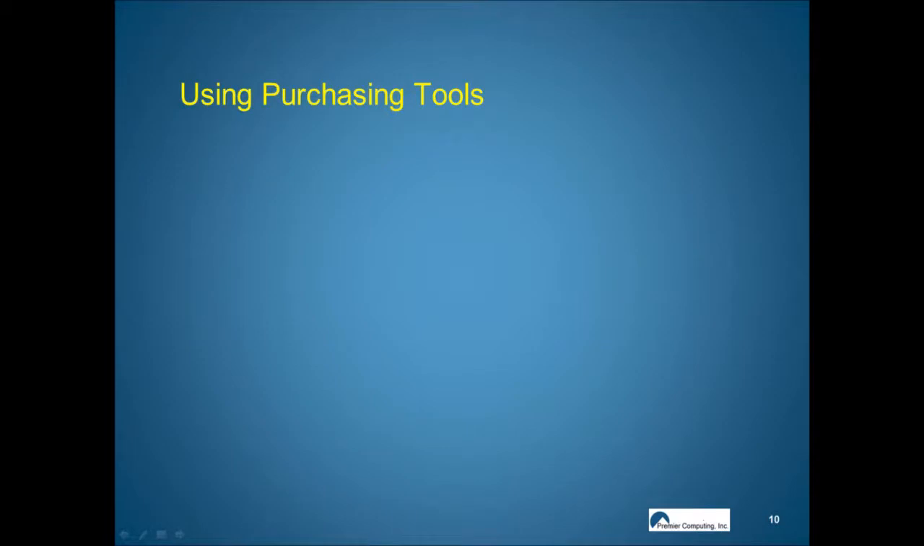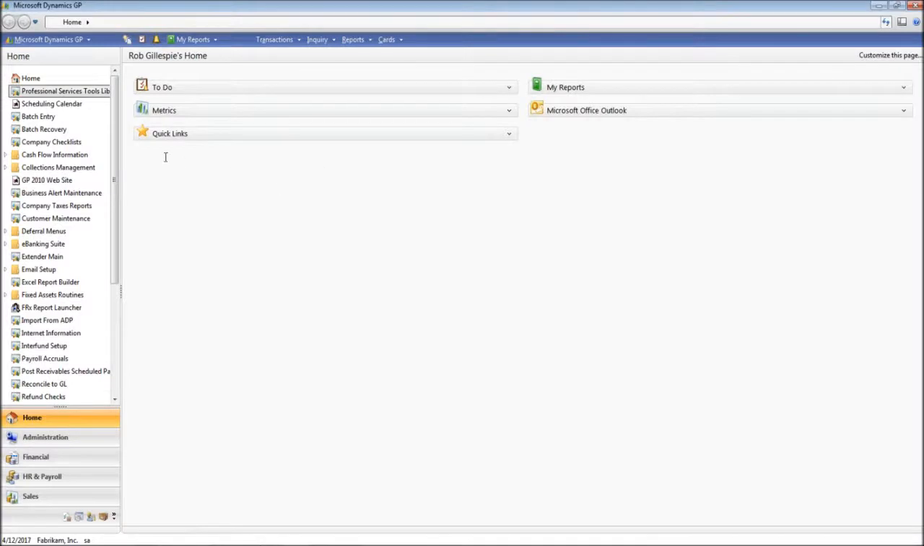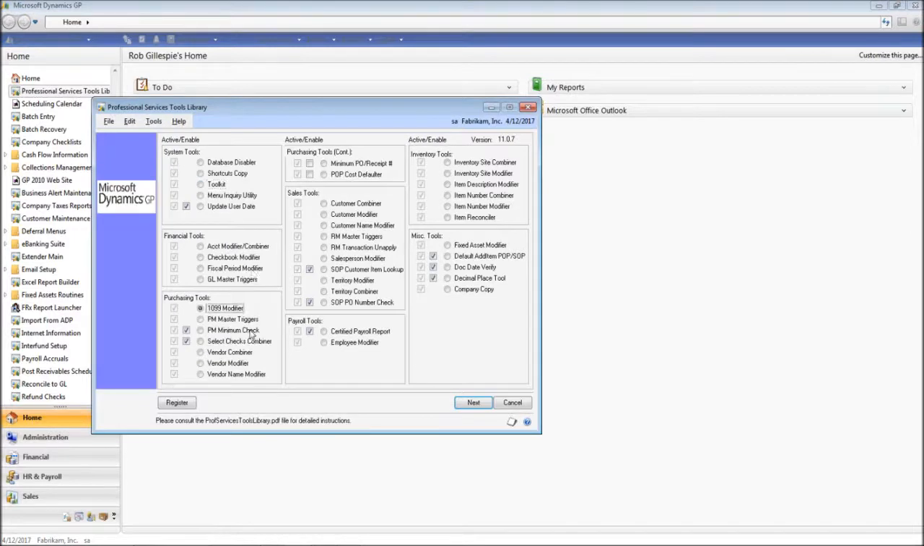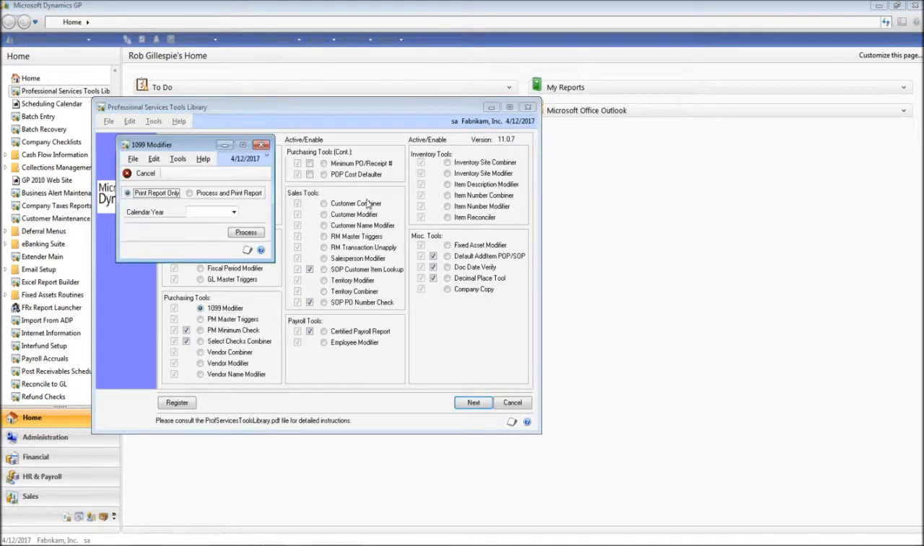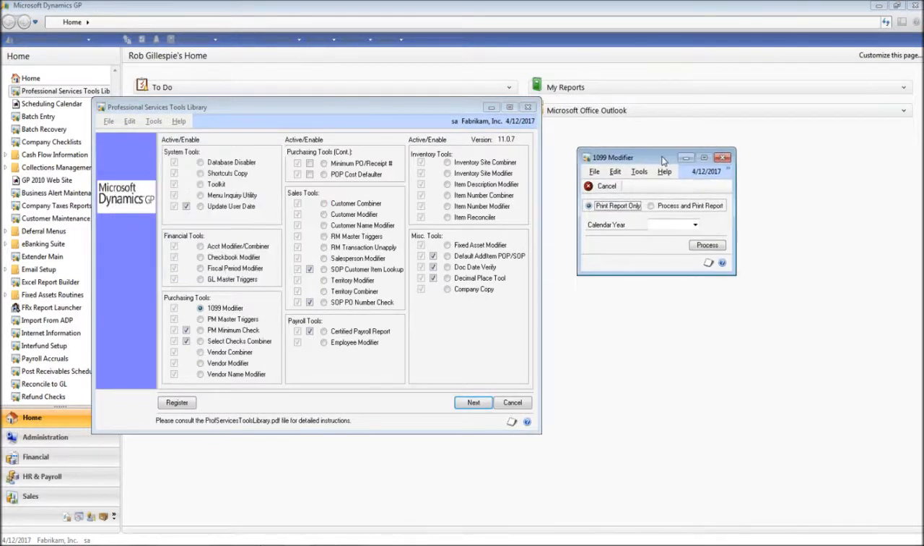The purchasing tools part of the professional service tools suite covers using the 1099 modifier. The 1099 modifier is a very, very important tool inside the system. And how this works is if you choose to come down and modify your 1099s, how this is used on